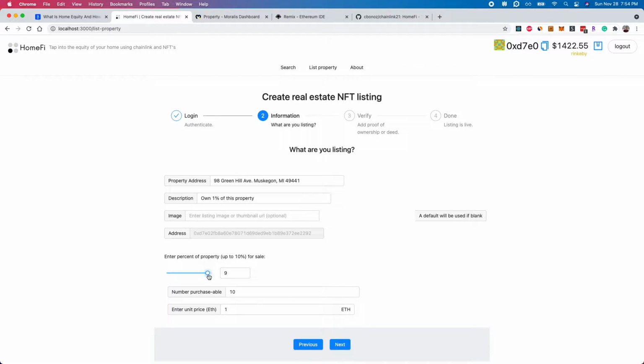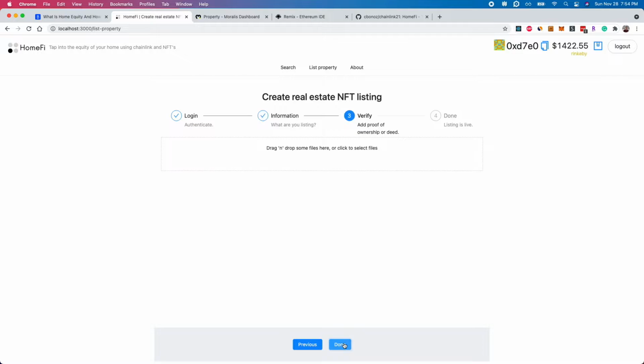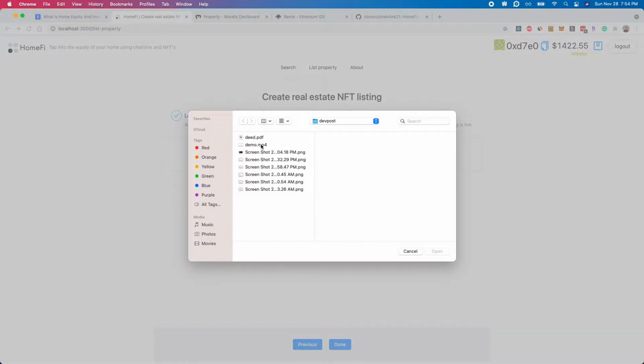You, as the owner, are still the primary stakeholder of the property. And so let's just say I want to do 5. I want to say each person, there can be 10 different participants and 1 ETH each for each percent, or for each half percent. If I click Next, I'm taken to this next page where I would need to upload